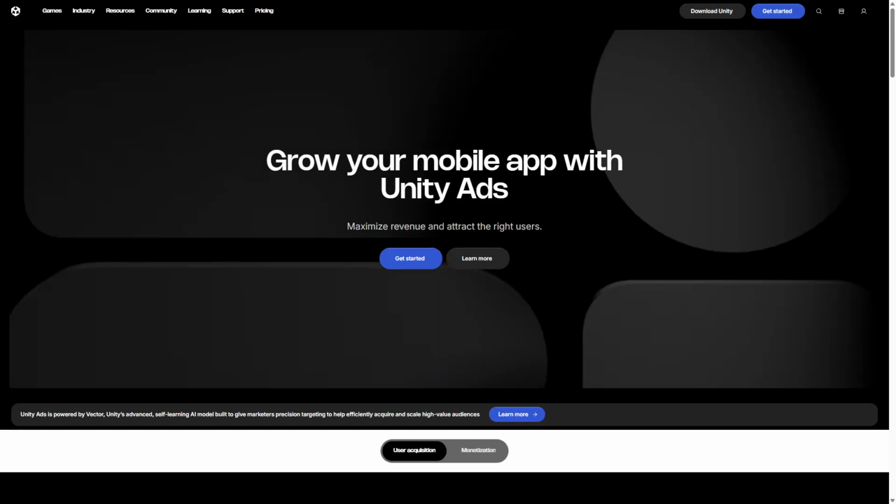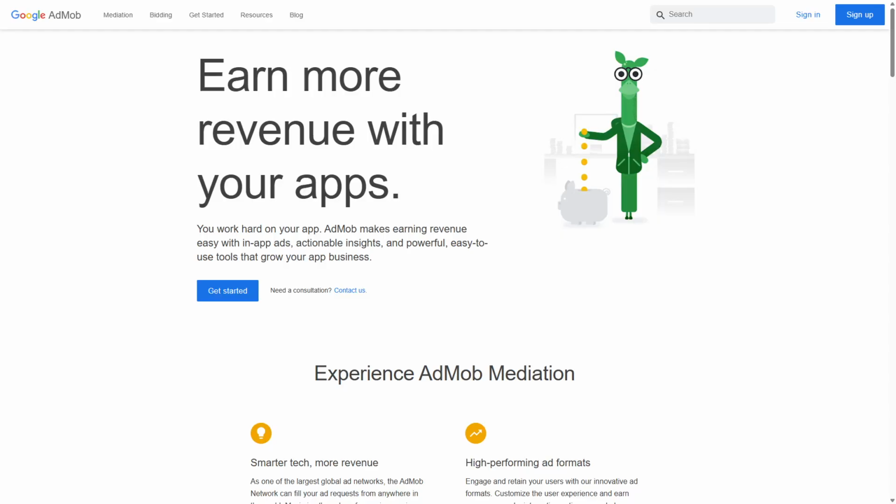Unity Ads is recommended for game developers seeking seamless integration and engaging rewarded ads that enhance user experience and drive monetization within Unity-based games. AdMob is the better choice for developers needing a versatile ad network with broad app support, comprehensive mediation, and access to Google's powerful ad ecosystem. Choose AdMob if you want maximum reach and advanced targeting across diverse